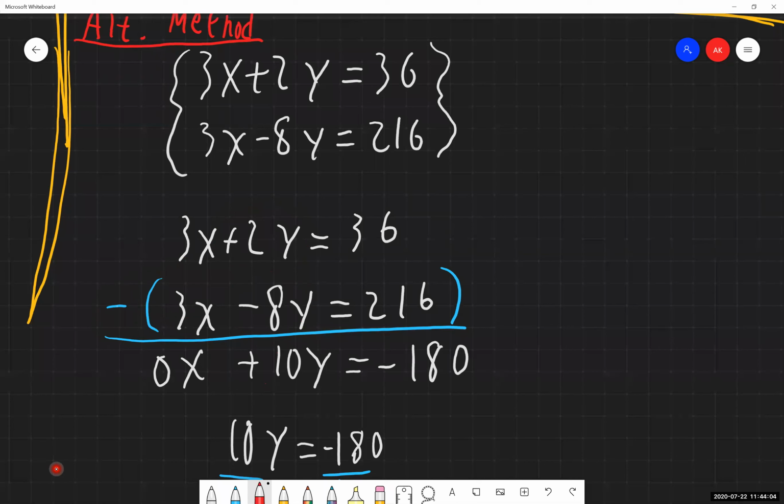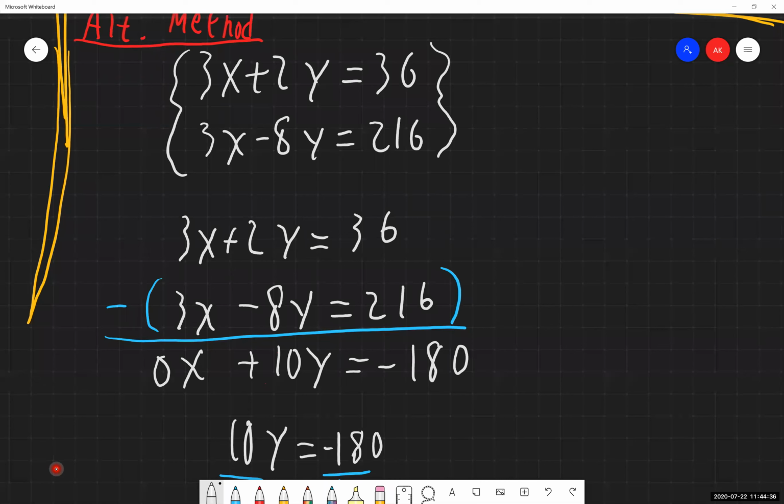So this is the alternative method, and I do have it noted in the process that we have as well. But I want to at least give you guys a numerical example of what this looks like. So again, on the homework or on the test, if you are asked to solve using the elimination method, either of these two methods will work. You can either find additive inverses and add vertically, or make the coefficients the exact same and subtract vertically. Either one works. It's your call on which one you would like to use.